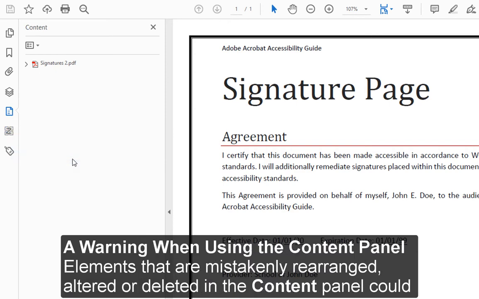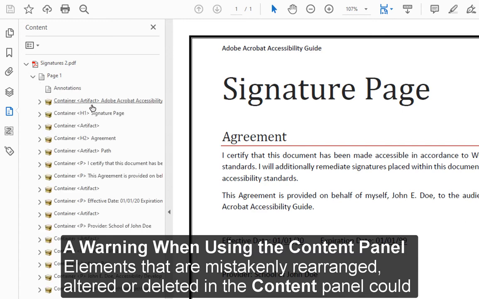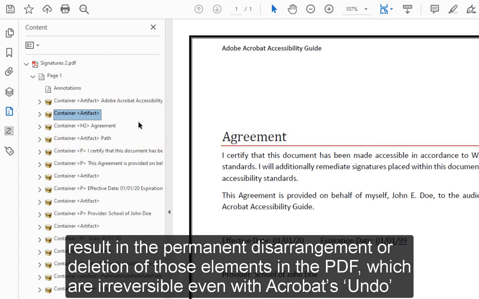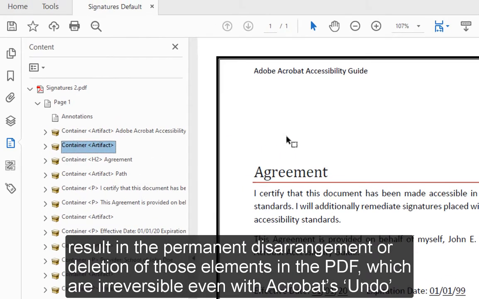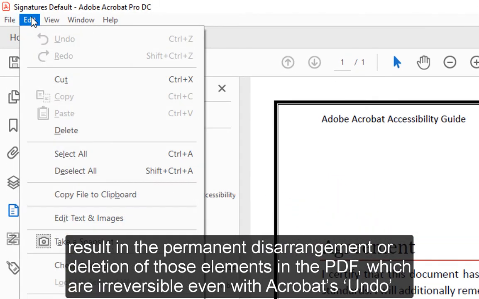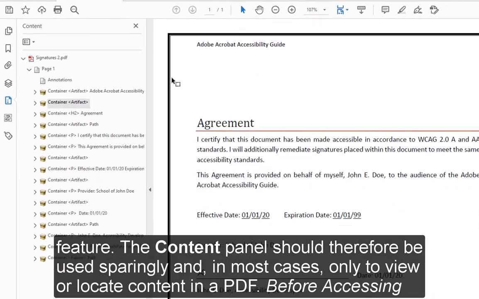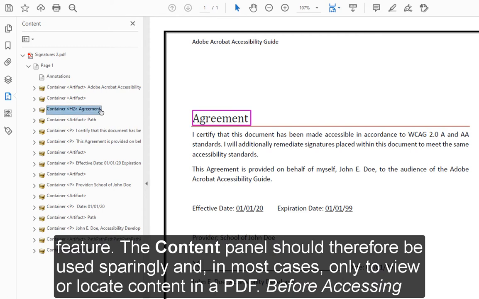A warning when using the Content panel. Elements that are mistakenly rearranged, altered, or deleted in the Content panel could result in the permanent disarrangement or deletion of those elements in the PDF, which are irreversible even with Acrobat's undo feature. The Content panel should therefore be used sparingly and in most cases only to view or locate content in a